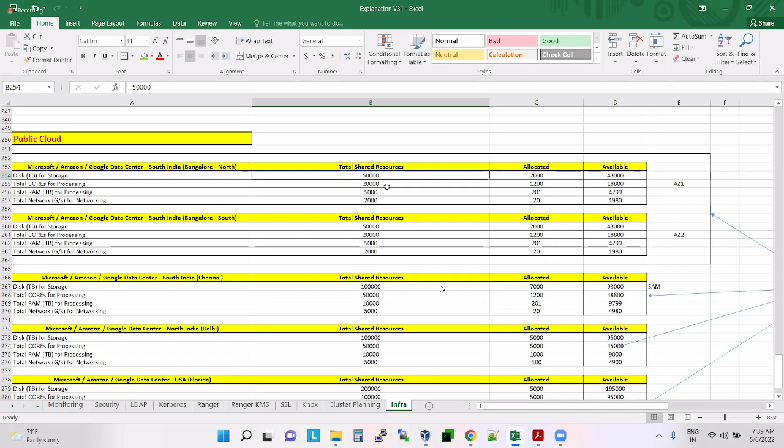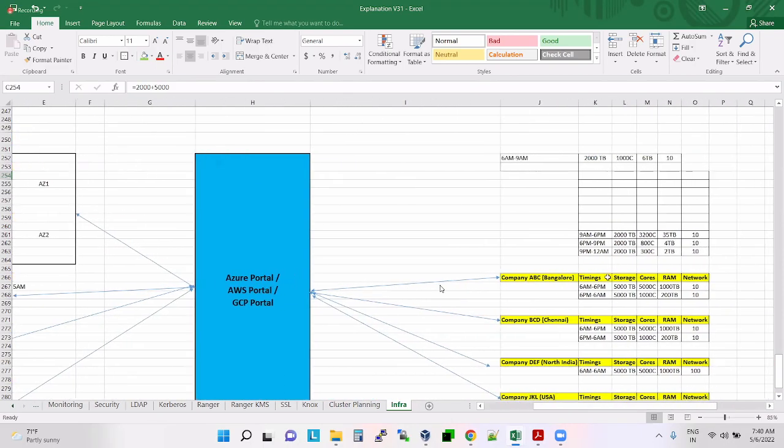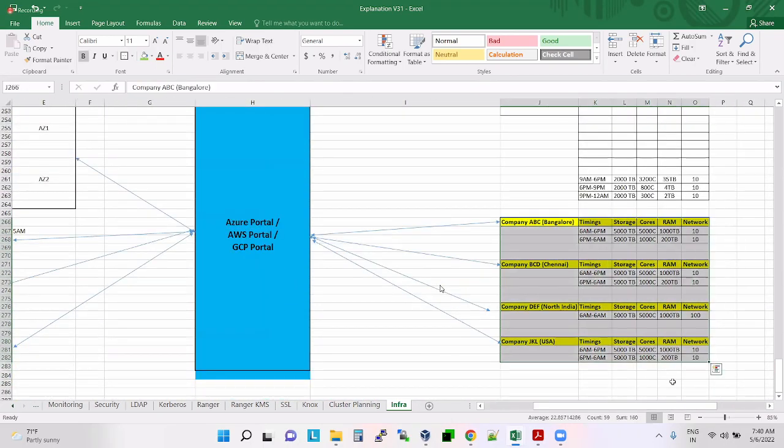Who will go for 20,000 cores, 5,000 TB RAM? Buying even 16 GB or 32 GB RAM itself is difficult for us. But these public cloud providers set up their own data centers, and the resources are given for rent to their customers based on their requirement. Understood?